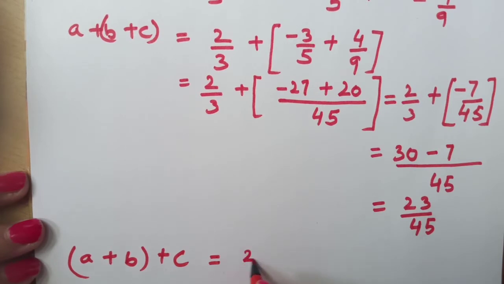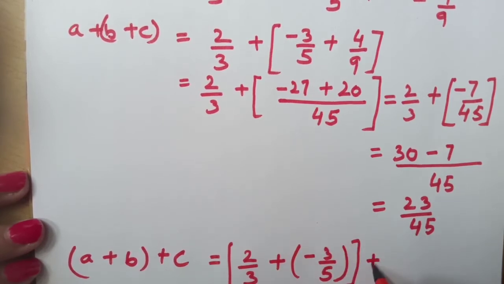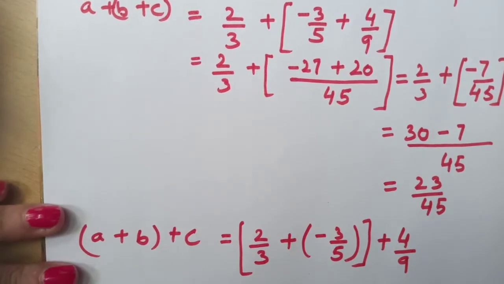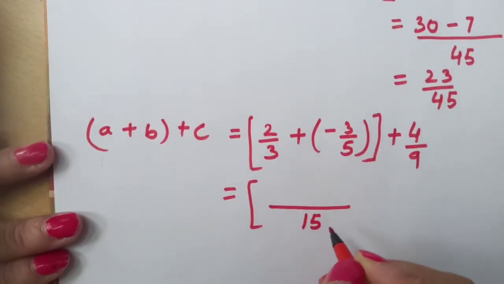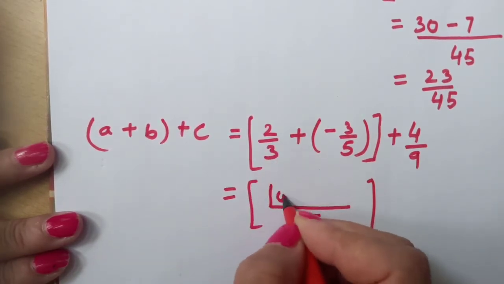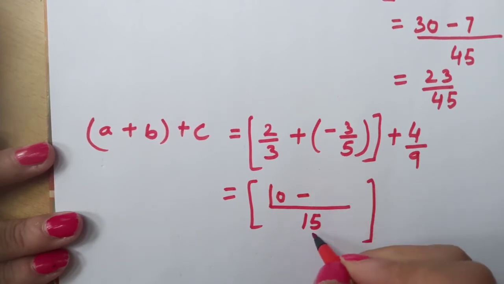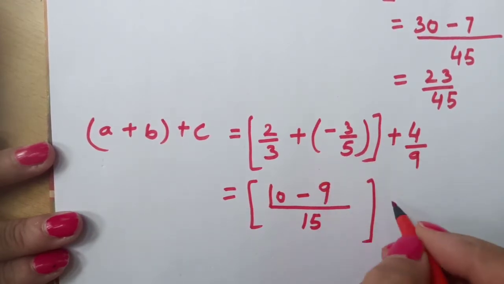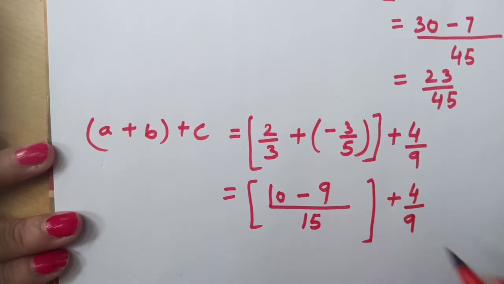Next, right hand side we will take A plus B plus C. Now values 2 by 3 plus minus 3 by 5. C की क्या वैल्यू है? 4 by 9. Now again take the LCM of 3 and 5. The LCM of 3 and 5 is 15. 3 5s are 15, 5 2s are 10 minus 5 3s are 15, 3 3s are 9 plus 4 upon 9.